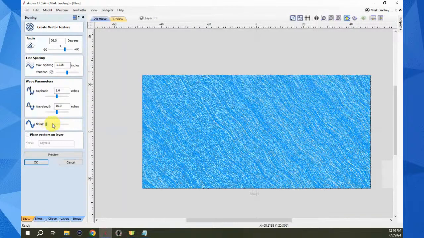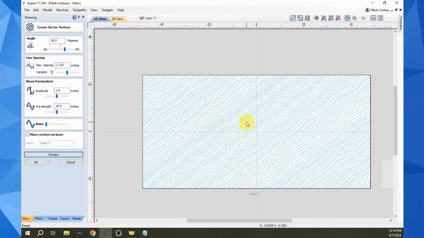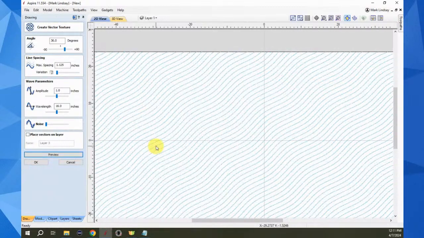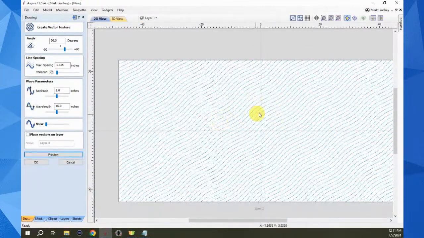I'm going to turn the noise way down. Now let's preview that. That should be a heck of a lot easier. There we go. That's a little better. We do have kind of a random pattern in there. I'm going to take the variation down to 0 just so we can see the effects. There we go. Okay, now we can see the effects of the